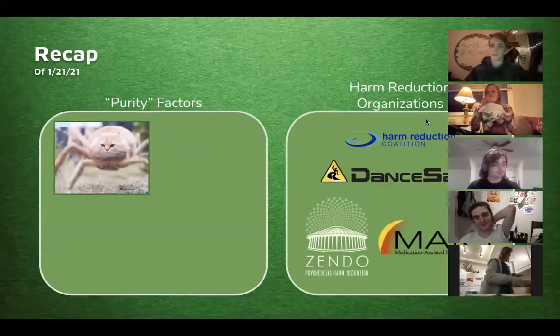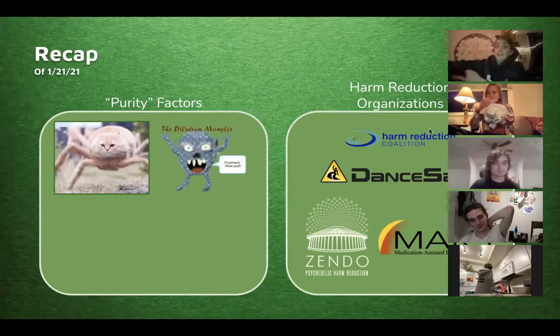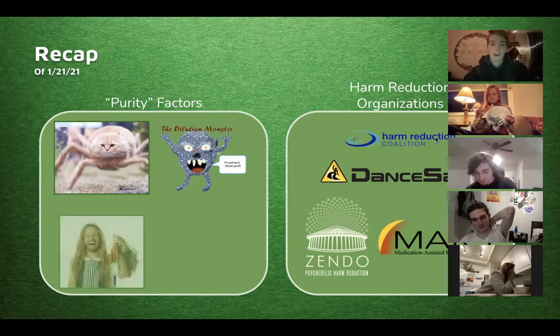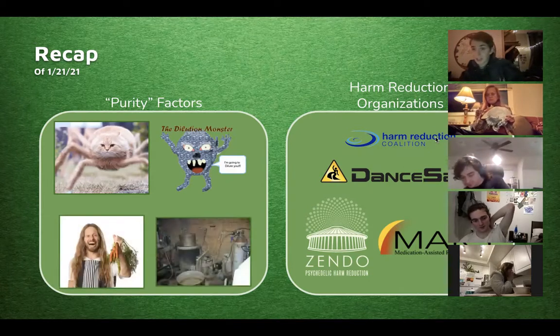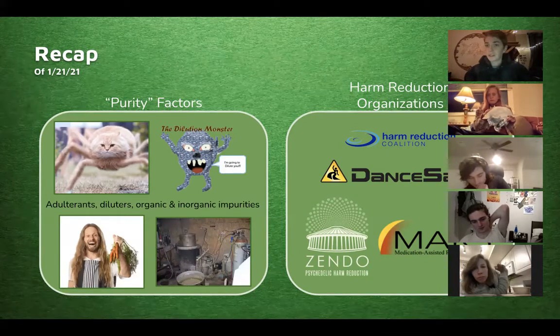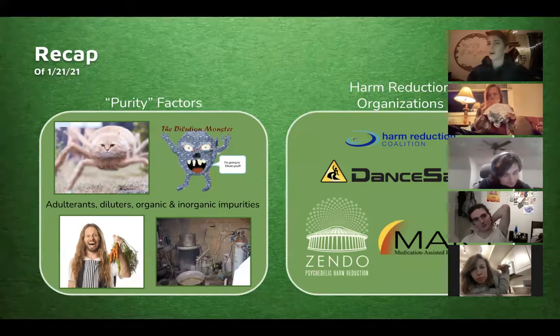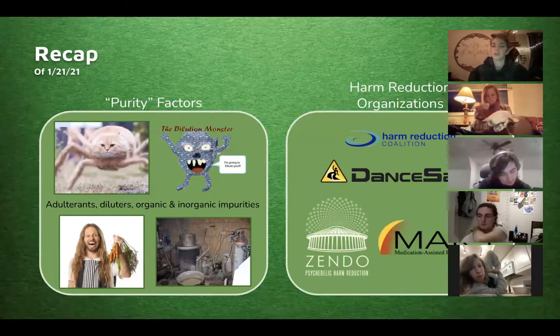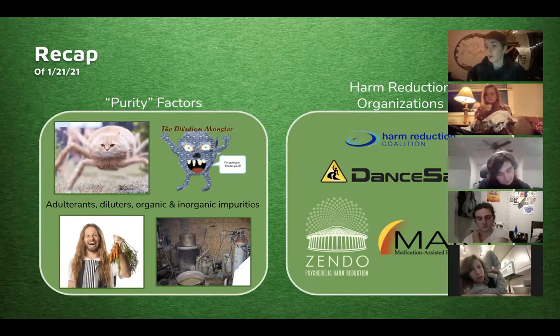In the interest of time, I'll speed through it. So there are adulterants, right? Things that are cut in. There's diluters or fillers, which are usually inert bulking agents. This can be baking soda or laxatives or lactose or whatever you want. And then there's organic and inorganic impurities. So remember these things, organic impurities are a natural part of the manufacturing process. They're made while you make the drug. It's just a normal thing that happens. Inorganic impurities are a result of the way that you make the drug, the environment that it's in. They can be shitty precursors or washes. We might talk about precursors and washes later. And inorganic impurities often are like heavy metals and stuff like that, but not always.